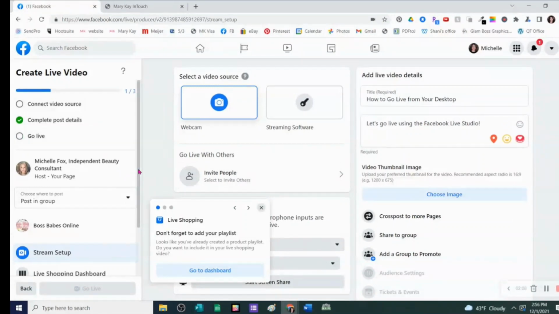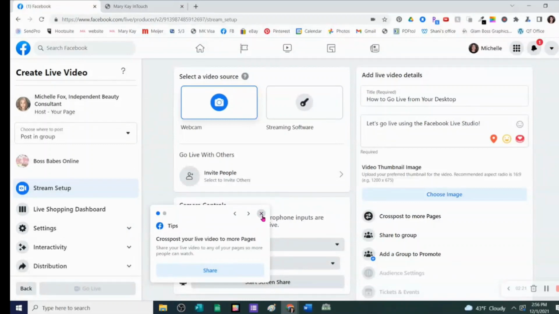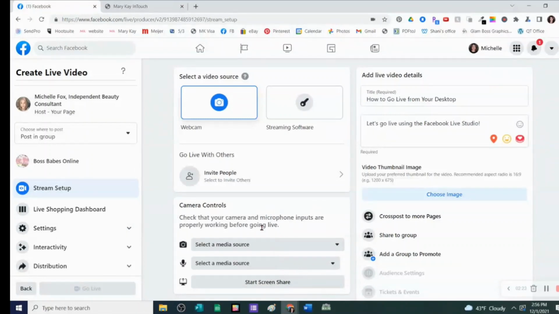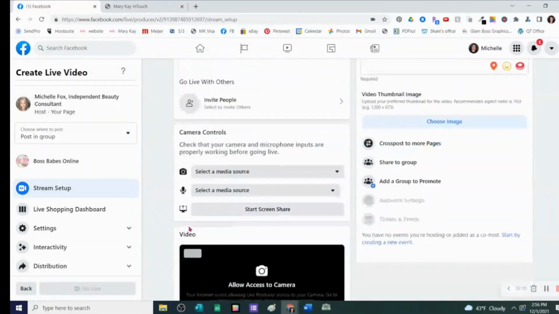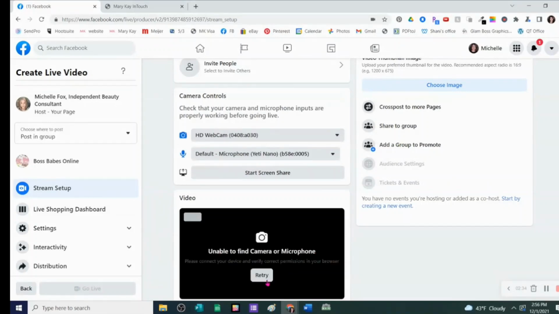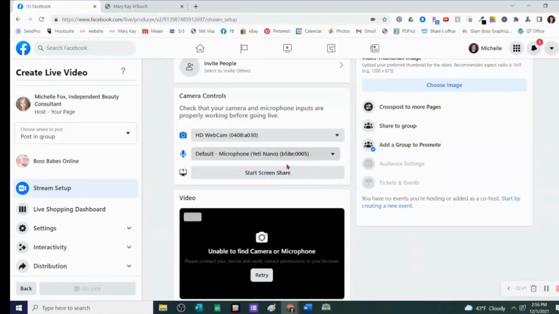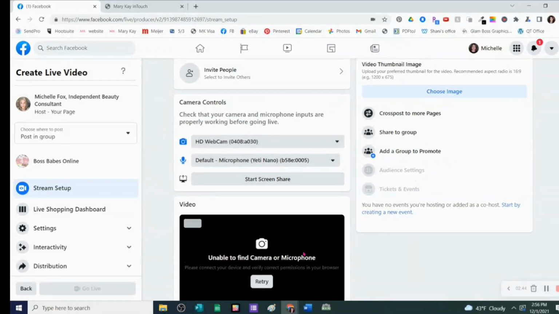And then it seems like, boom, you could go live right away, but there's actually more settings. There's all kinds of things like, if you want there to be, okay, this stuff right here I click through all the time. I wish it didn't ask me this every stinking time. I think it's kind of new, which is why it says tips. But there are some other things. Select media source. Yeah, that's talking about your camera. So like I was trying to tell it that I wanted to use this regular camera, but since I was using it for my screenshot, see, I get in over my head. But anyway,